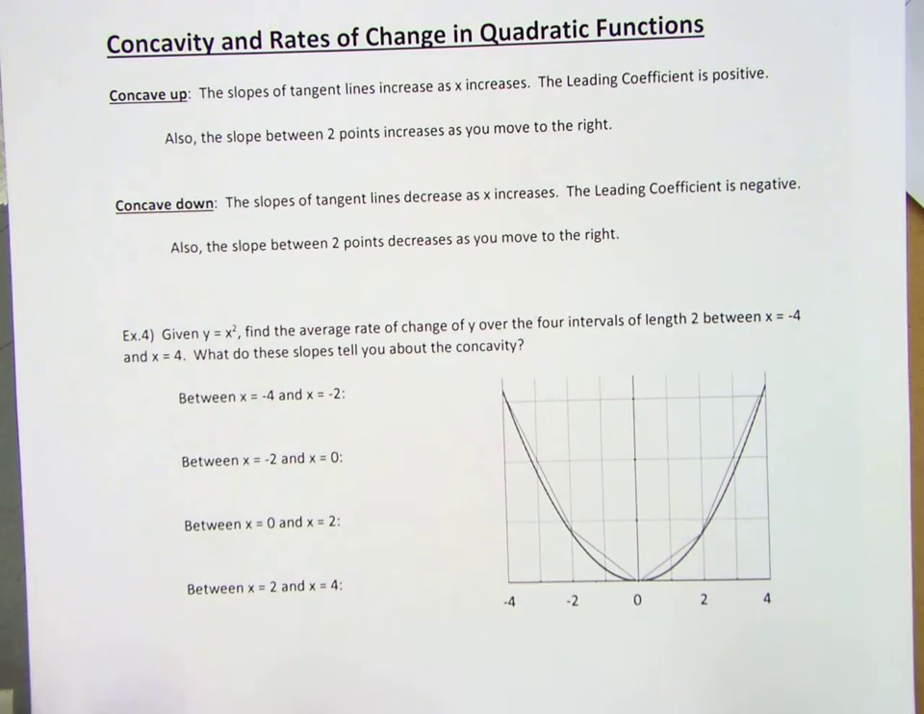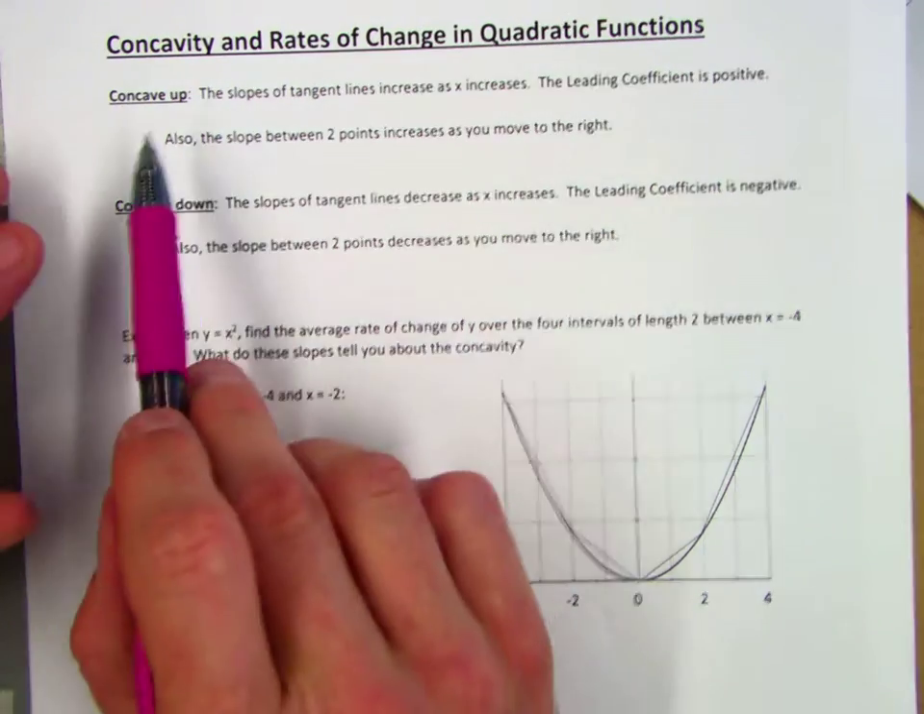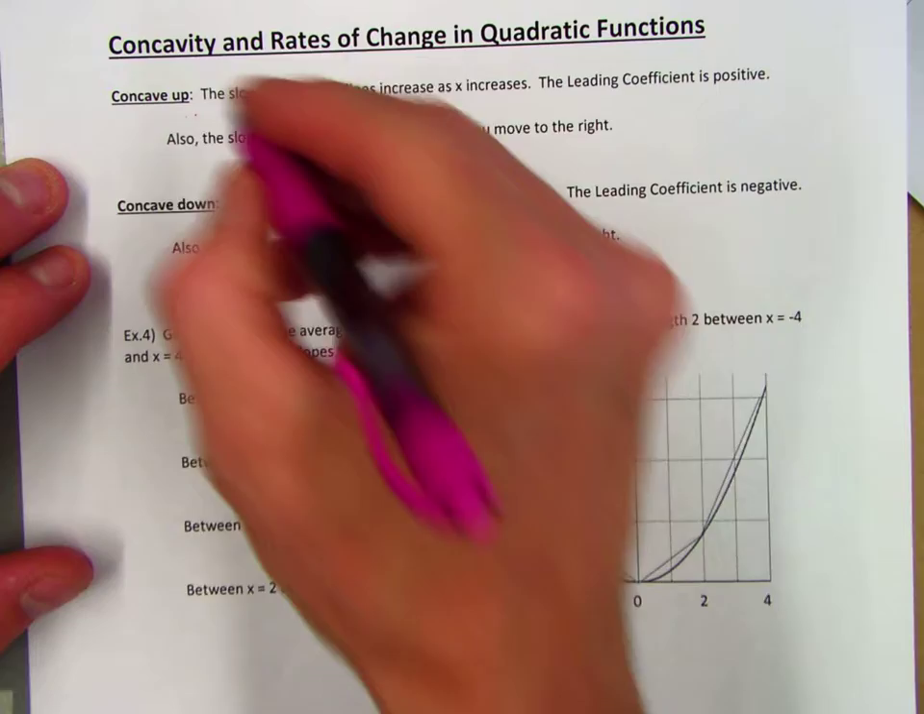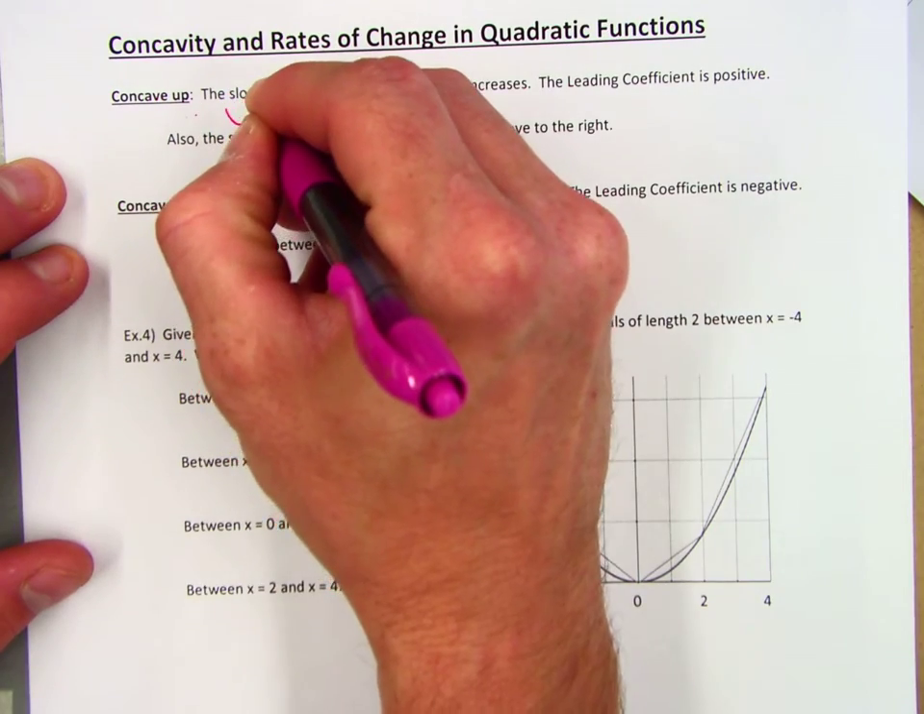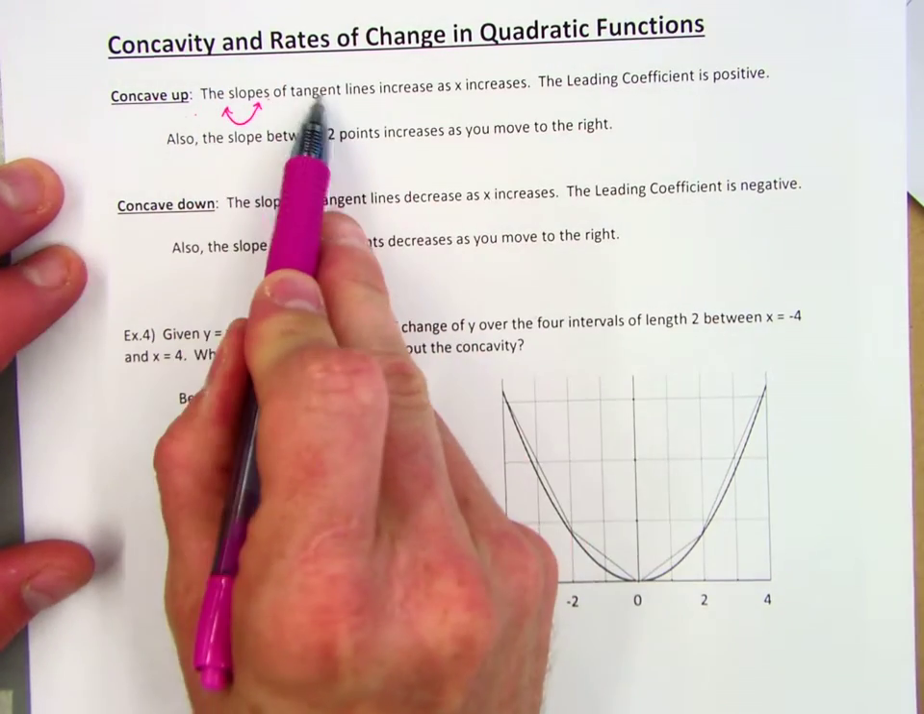Okay, now on for the concavity part of this here. Again, concave up, concave down. If you have something that's concave up, that's like a regular parabola opening up. The slopes of the tangent lines